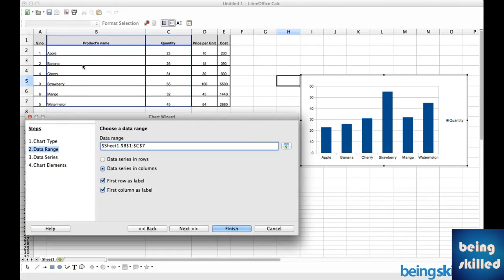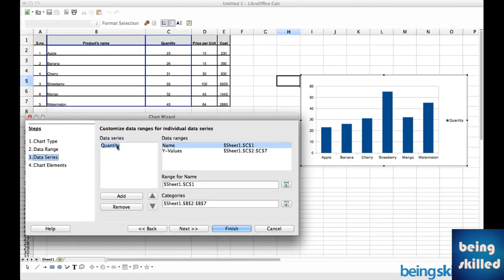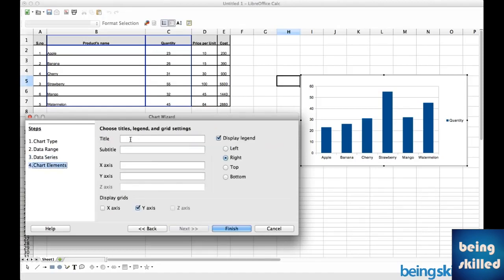So the first row is acting as a column label, as well as the first column. So we can see it over here: apple, banana, cherry. This is the first column, while product name and quantity is the first row. Now we will be clicking on next. So here we can see the data series,